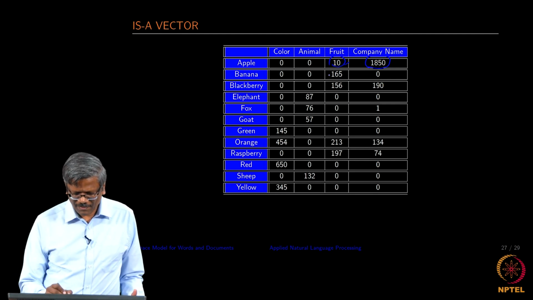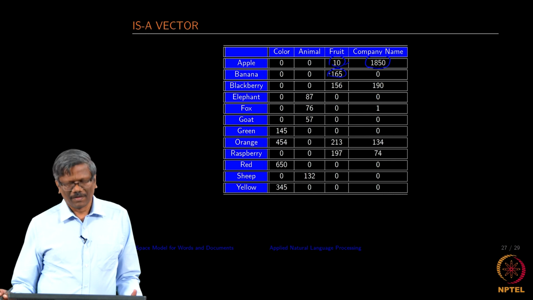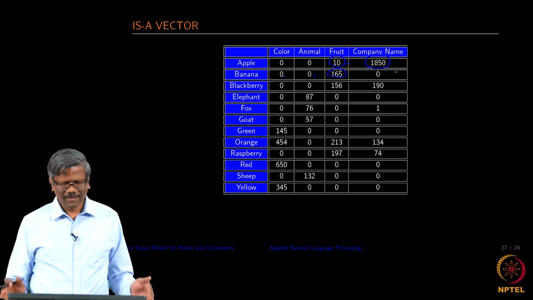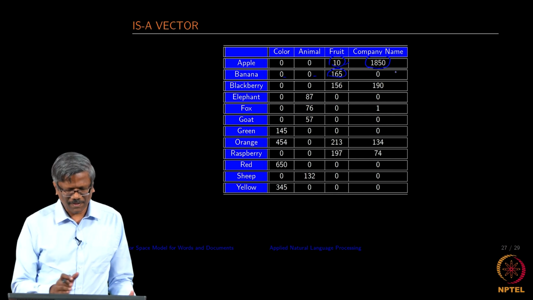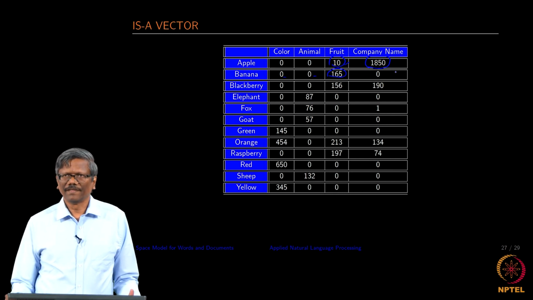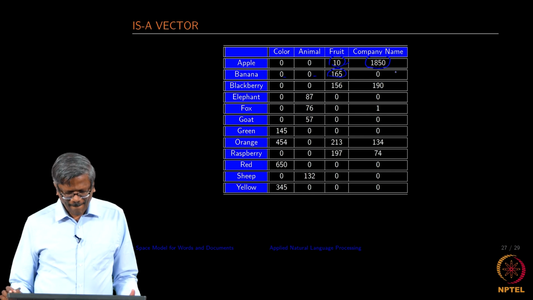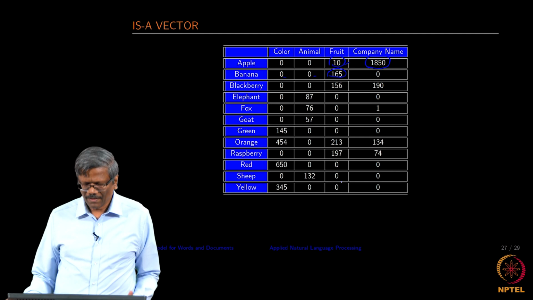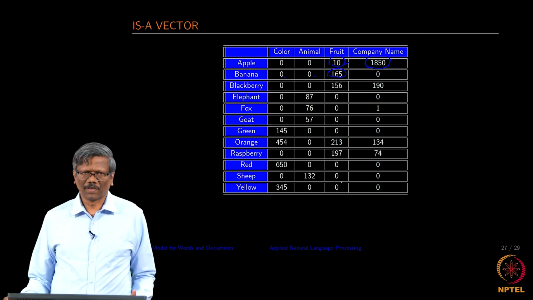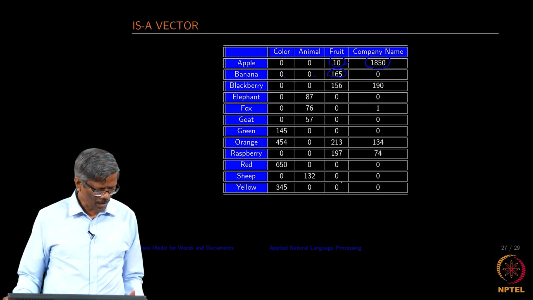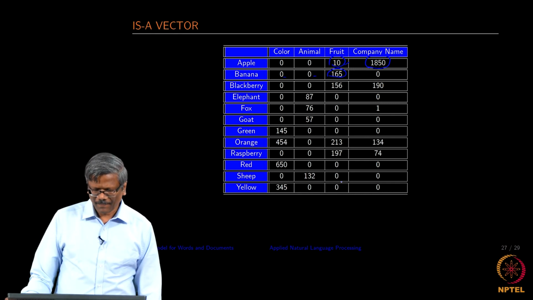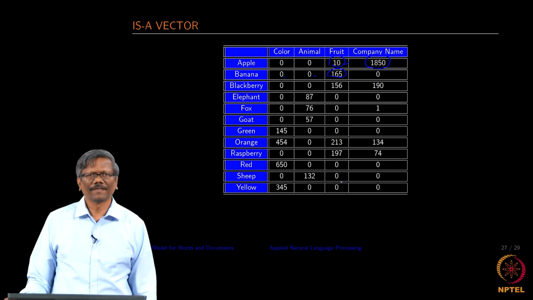Okay. And then you search for banana, it is not a color, animal and so on. So, I am just creating a vector with respect to a matrix with respect to the "is a" relationship here. Okay. So, in this way I have created my matrix. Why is this and what is the use of this particular one? Let us see. Once I have created this, if I search using, let us say, apple as my keyword.